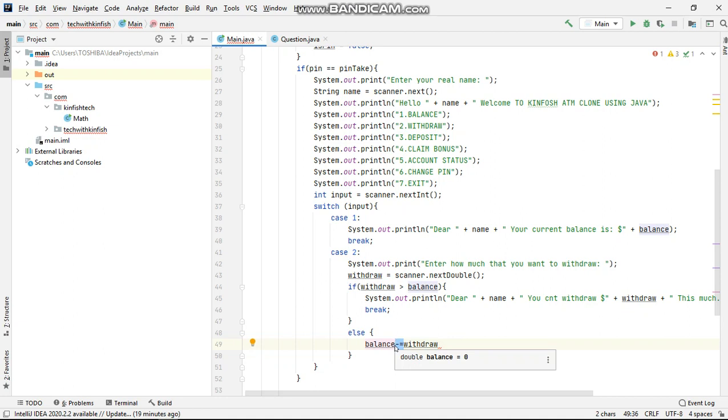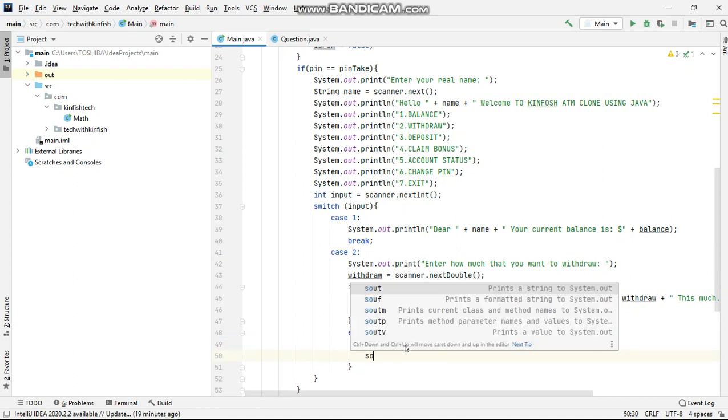Operator, so in this case, not a shorthand way of achieving the code, you can write something just like this. It means balance minus withdraw, balance minus withdraw. But in this case we are not doing this; for more simplicity we are going to do this, and after doing this it's going to store the value. So when we subtract two, if we withdraw 2, 8 is going to be stored. Next time, if you withdraw 2 again, 8 minus 2 will be 6, and it will be stored inside of a new variable. Balance is going to be reassigned